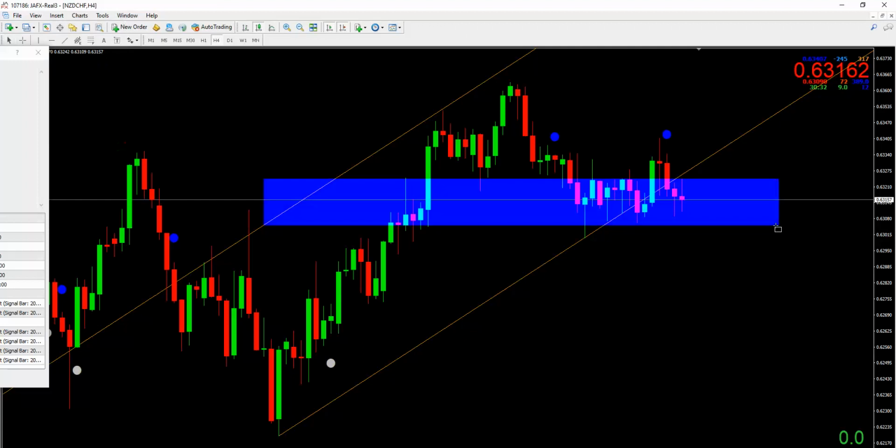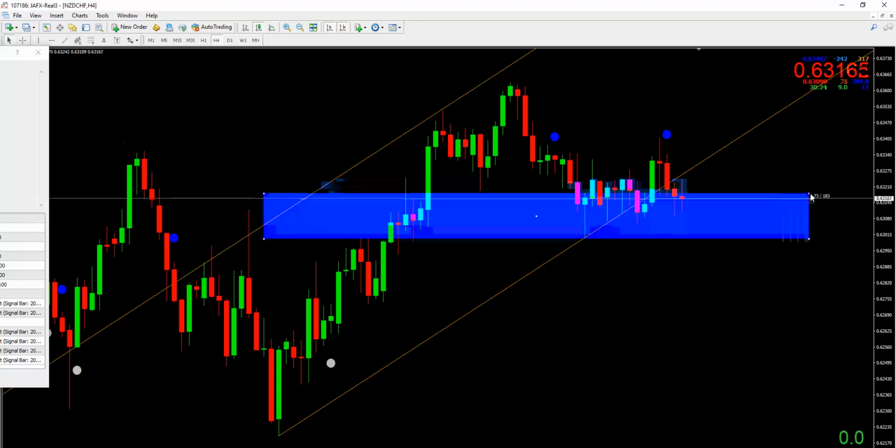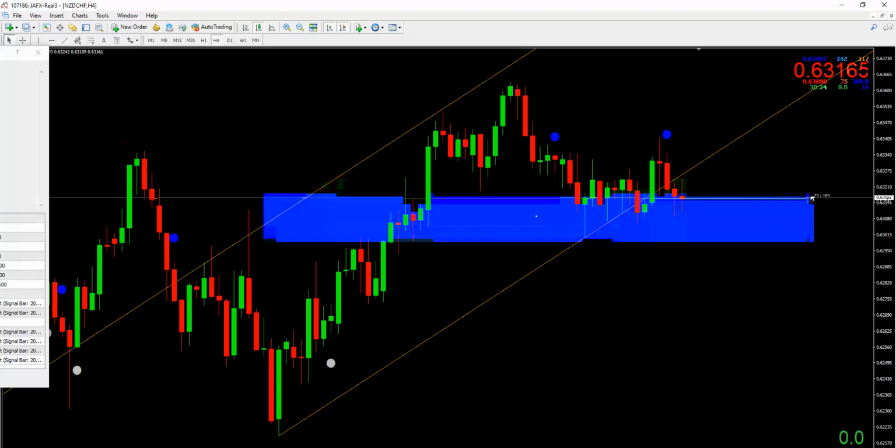So this is how to combine it. Obviously, you can combine it with other tools, but like I say, you can also trade it on its own. What my guys have been doing, members of my VIP training group on Telegram, have been doing